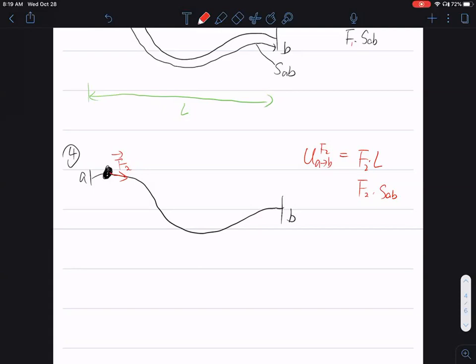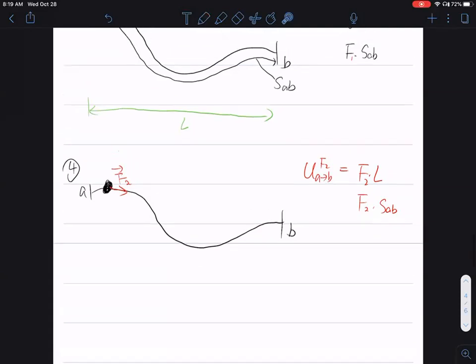Okay, that's weird. Light just went off. Yeah. So here,